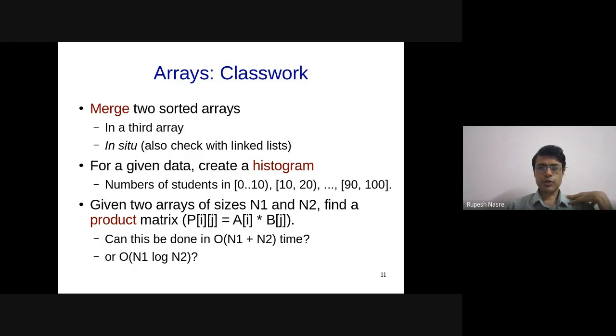Okay, so again, an important point here, even if we take Pij to be a single variable, we are not storing the complete matrix, that means that the time complexity is bounded and we are touching that element, then the time complexity is lower bounded by this space complexity, which is order 1. And therefore, it's always going to be above order 1. In general, when we store the product matrix and touch every element, the space complexity is order n1 plus n2, and therefore time complexity is at least that much.